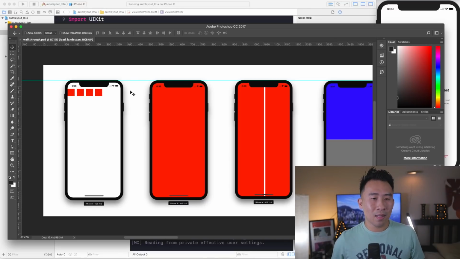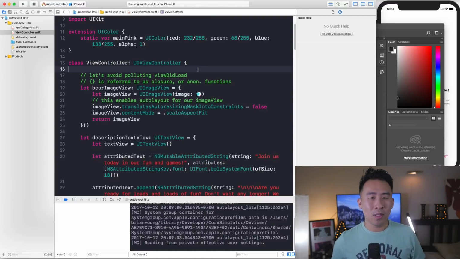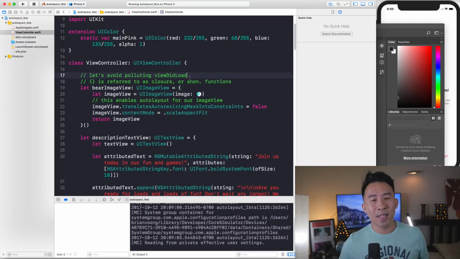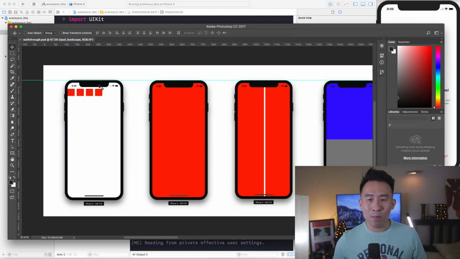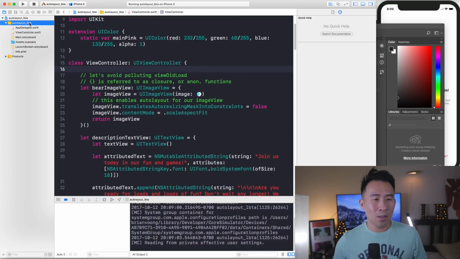This is quite often built with a UIPageViewController, but I actually like using a UICollectionViewController because it's much more flexible, and I'll show you some of the benefits of doing this a little bit later on. So let's go ahead and build out these little cells right here by going into our project,